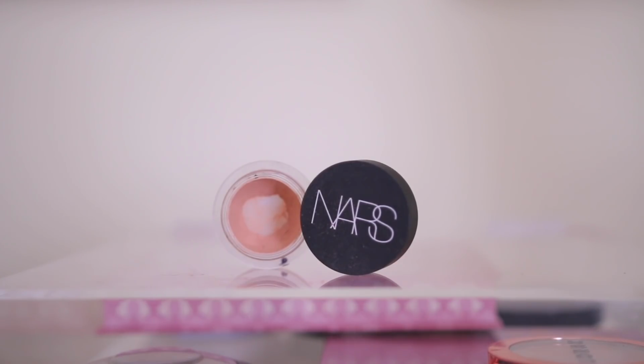Okay, this brow literally never cooperates with me. It's a hot mess. I'm gonna go ahead and clean these up with my NARS Soft Matte Concealer. This one is in medium 1 custard. This stuff lasts so long. I have probably had this for over a year and it's still going strong. So, I mean, I'm not complaining, but